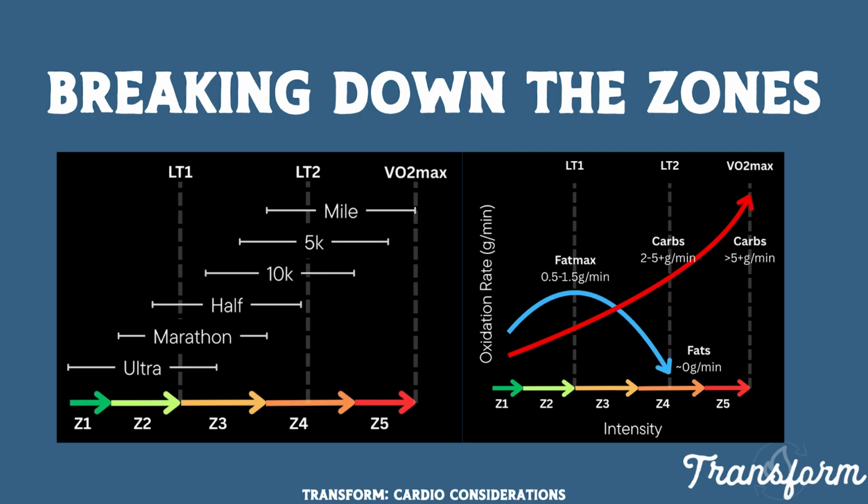However, the reason why we primarily just use zone 1, zone 2, and then zone 4, zone 5, so the slower, longer, and then the more high intensity, is because we're specifically looking for those adaptations. But that doesn't mean that zone 3 is wrong, or you're wrong to do zone 3, especially if you want to eventually train for one of these races. So again, we're just specifically using these zones to get the adaptation that we're looking for in Transform. But you can always tailor your training in the future to what you're looking to achieve.